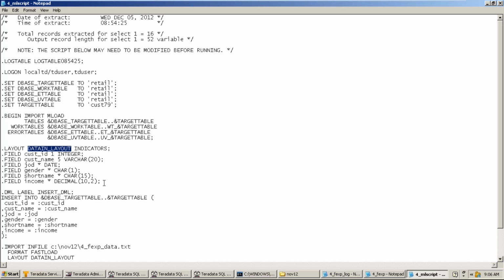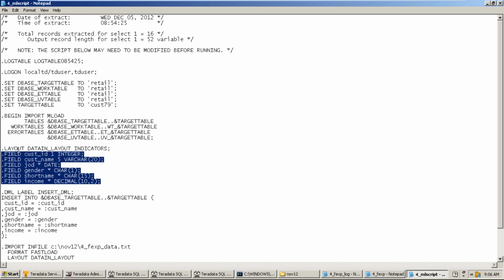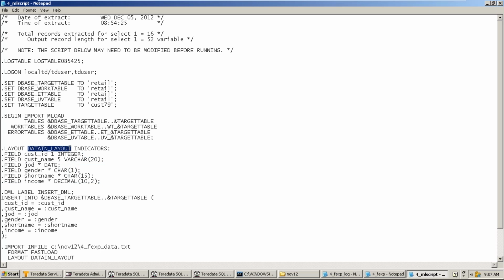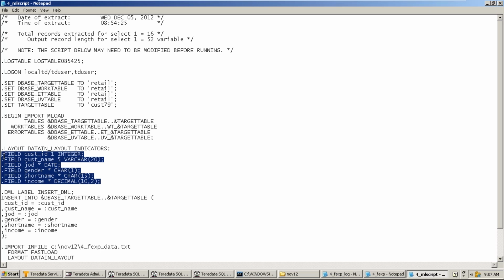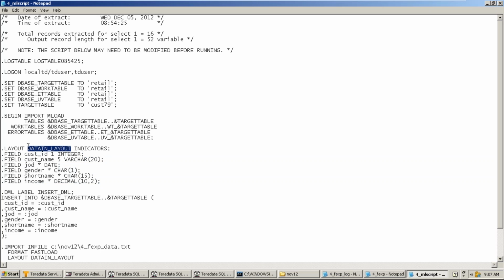All the structure we define is assigned to a name, data in layout. So in the rest of the script, wherever you want to mention this whole structure, you don't need to repeat the whole structure, but you have to mention this name so that it can understand this is the layout to be used. And what is the format? The mode of the file is